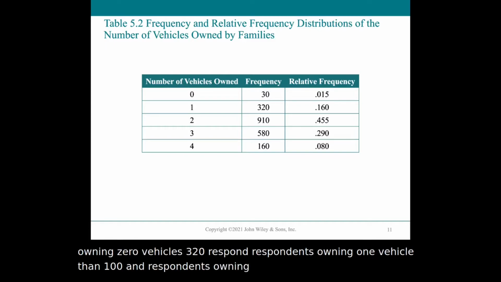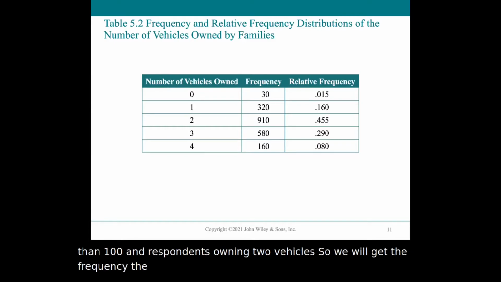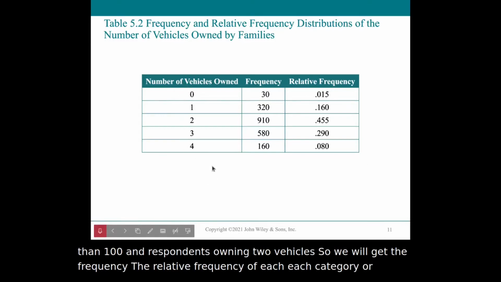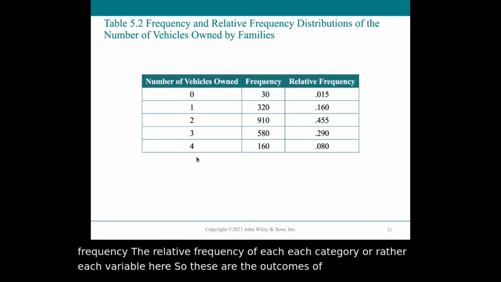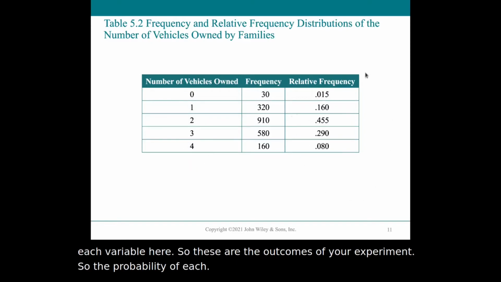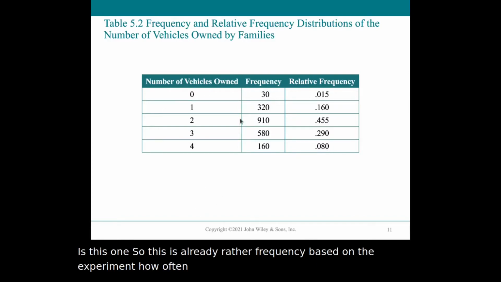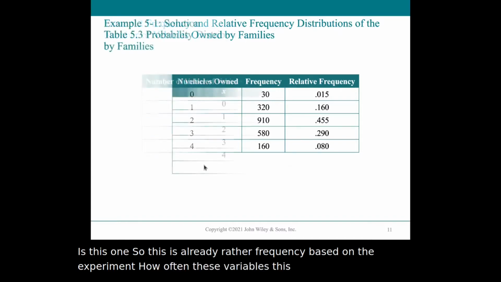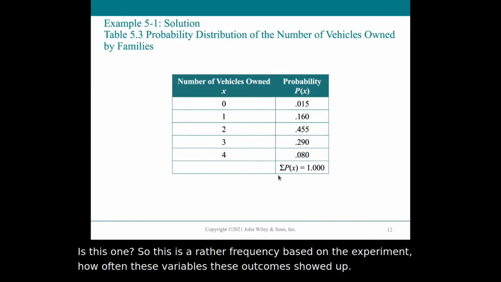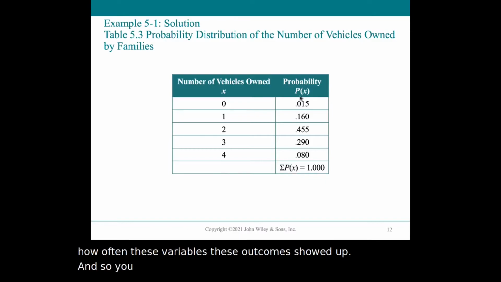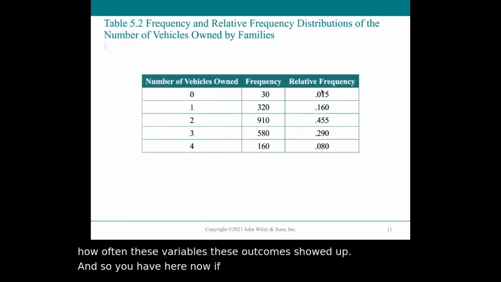So we will get the frequency, the relative frequency of each category, or rather each variable here. So these are the outcomes of your experiment. So the probability of each is this one. So this is the relative frequency based on the experiment, how often these outcomes showed up. And so you have here, now the probability is actually something we can relate to the relative